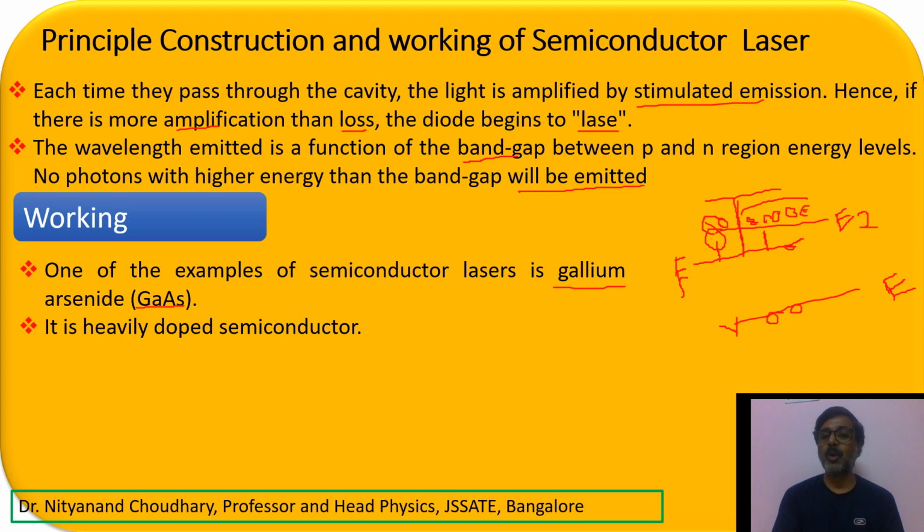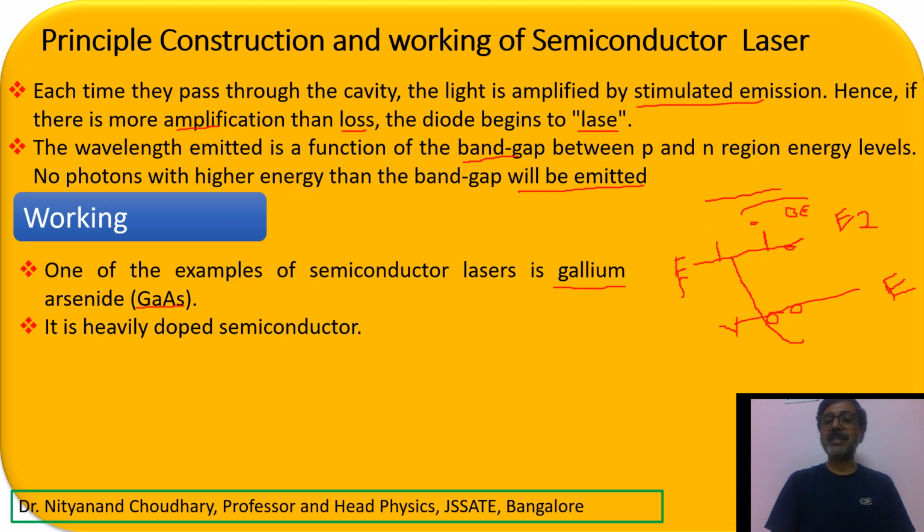Similarly, if you dope with the pentavalent, then the Fermi level will start moving downward, and if a very large number of pentavalent atoms have been given, it will move inside your valence band, right? So if you have taken the p-n junction and very heavily doped both the p side and n side, then the Fermi energy on the p side will be inside your valence band and on the n side inside your conduction band, right? So this is how your Fermi energy will lie. All right, I hope you may have understood this, right?